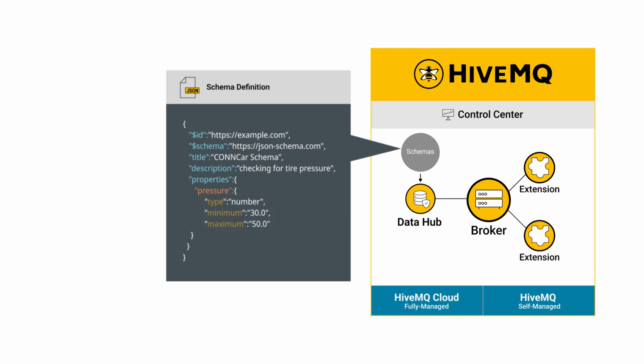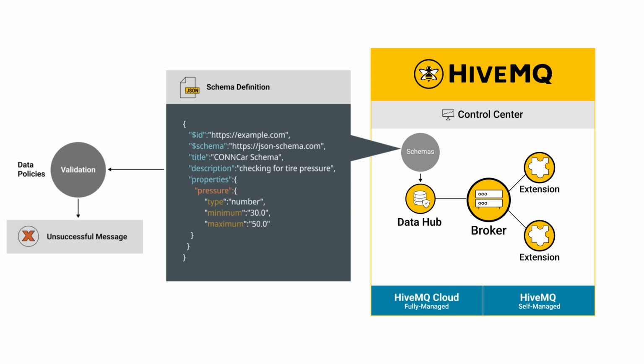That's the schema. And then the schema is taken and then applied to data policies. Like for example, in this case, the pressure validation data policy would take that schema, and then you want to validate that schema. And then what action do you want to take on failure? So if it's a bad pressure, then I want to update the metric on the bad pressure. So the metric name is unsuccessful message. On success, what do I want to do? I want to increase the successful message metric by 1.